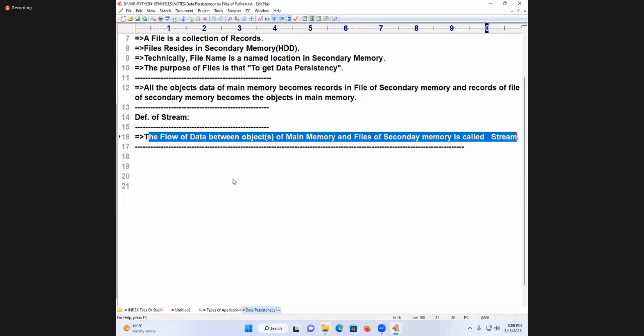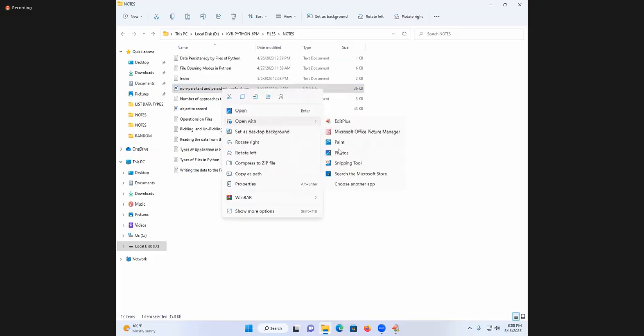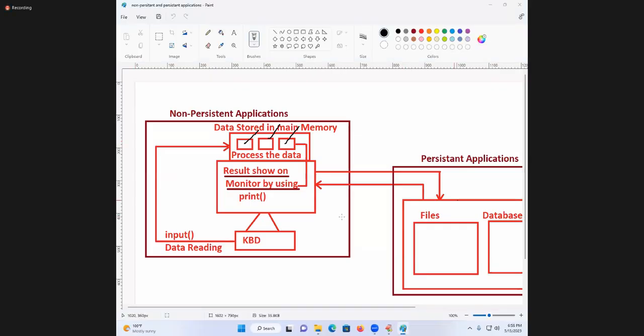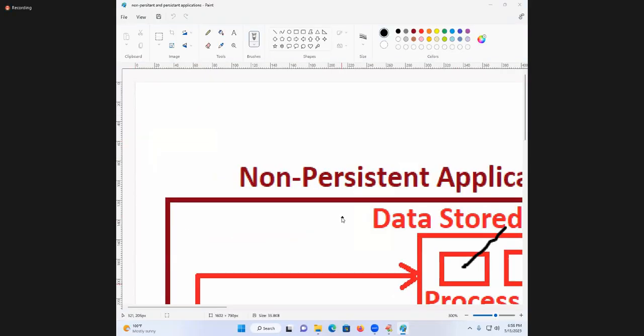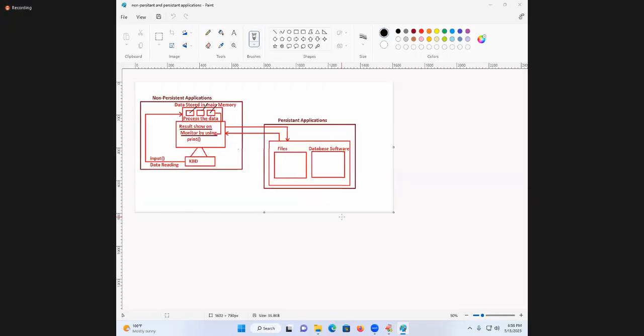Now I'll show you one small diagram, persistent and non-persistent. Look carefully. Start here. Reading the data from where?